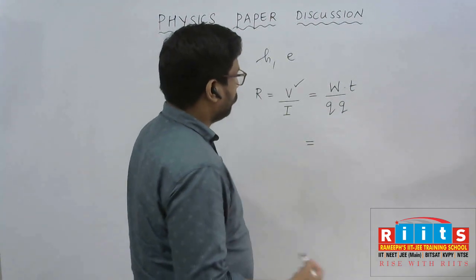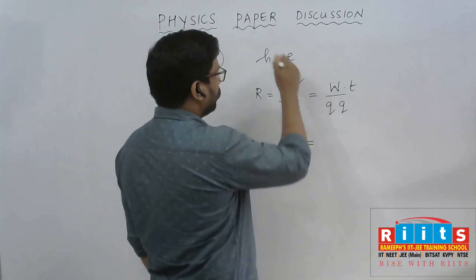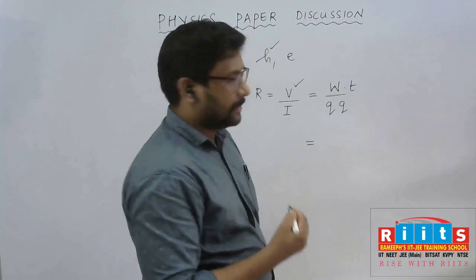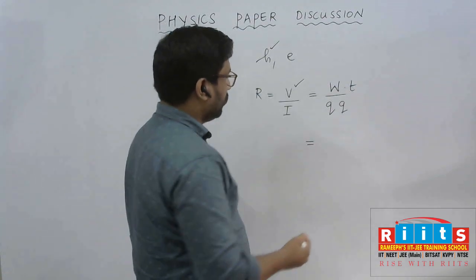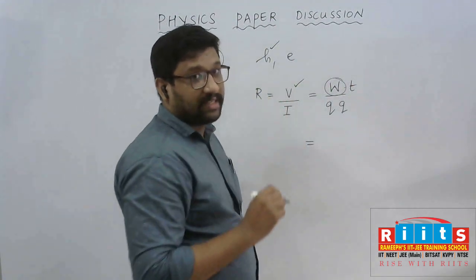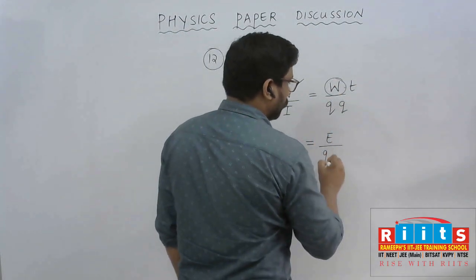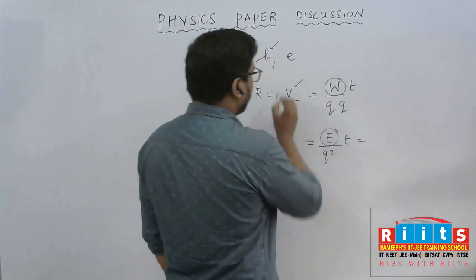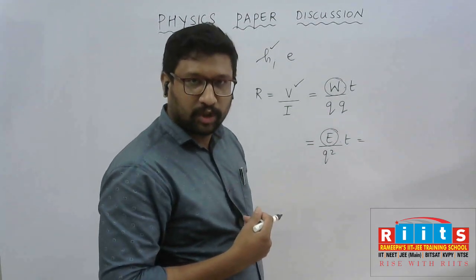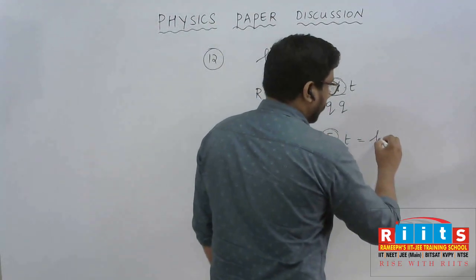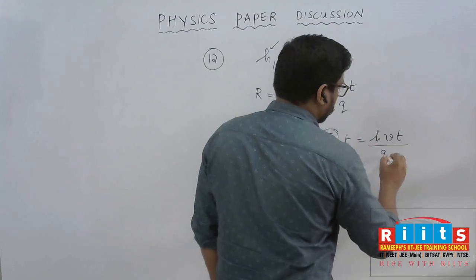Now how can we proceed further? In this equation, the charge term is there. Now you have to insert the term of Planck's constant. For inserting Planck's constant, what can I do? You can see there is a term of work here. Work is equivalent to energy. So instead of work, I can write energy divided by Q square into T, and for the photon concept, we know E is equal to H nu. So instead of E, I can write H nu into T divided by Q square.